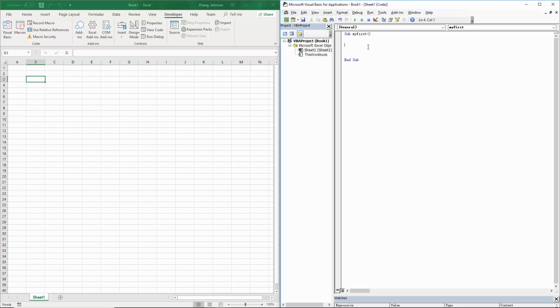To start coding, I suggest you press the tab key one time, so it puts an indentation in your program. All your program lines will align to this line, which makes it very clear and easy to see